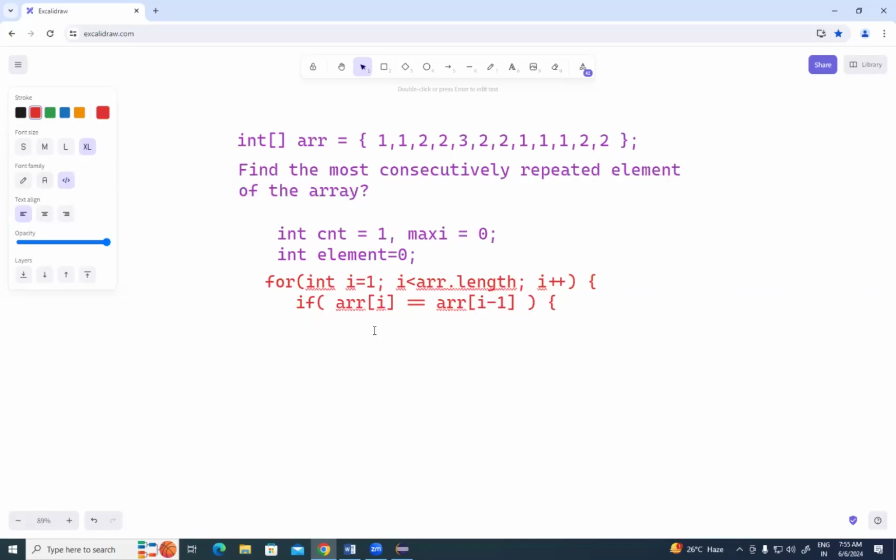Tell me what I'm comparing here. I am comparing array of 1 with array of 1 minus 1, which is array of 0. 1 minus 1 is 0, na? Yes. Means I'm comparing the second element with the first element. Next time, third element with the second element. Second comparison. If both are equal,